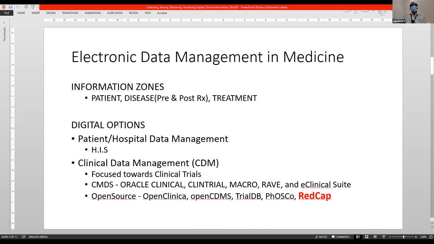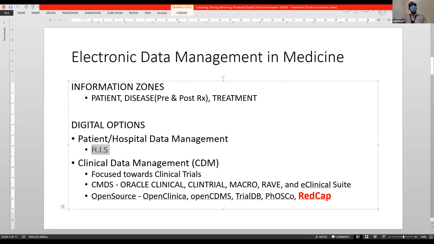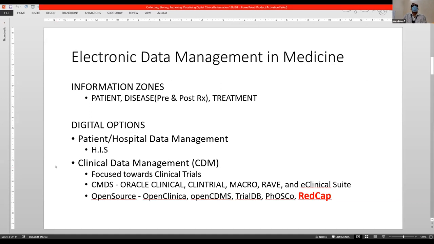And then what are the options currently available in the market, or even as individual solutions, which can help us in recording this information with some amount of comfort? Currently most hospitals would be using a hospital information system. I believe most hospitals have this, at least most private hospitals do. There they collect information regarding patient treatment and also about billing, additional areas which they cover, especially for a private hospital setup.